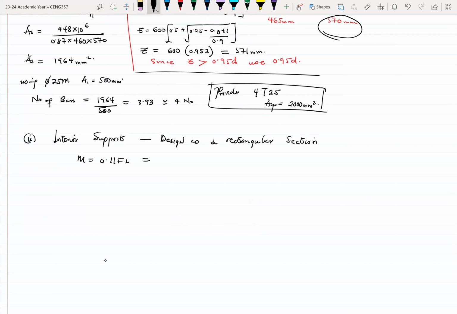So this is going to be equal to 0.11 times an F of 995 and L of 5 meters. We get 547 kilonewton meter. Okay, so please, this is a hogging moment, just in case we're looking for that information. So let's find K. K is M over BD squared FCU. So it's the same steps that we go through. All right, so it's 547 times 10 exponent 6